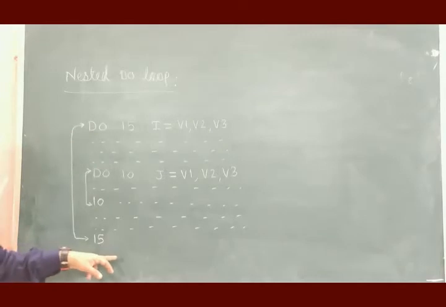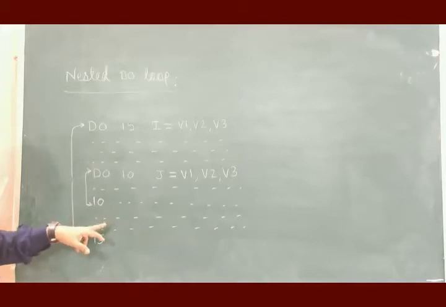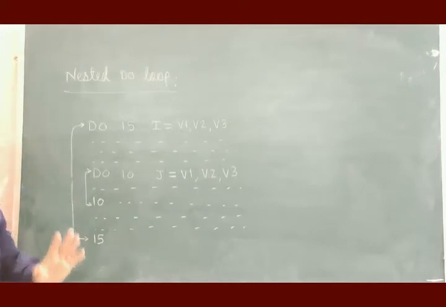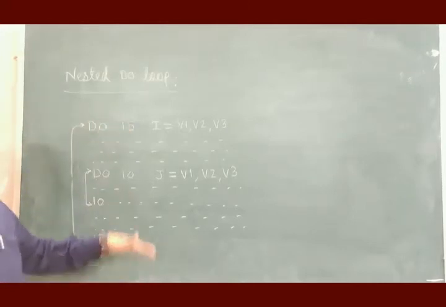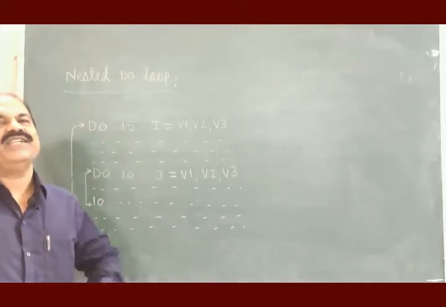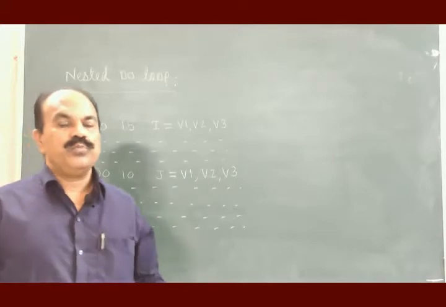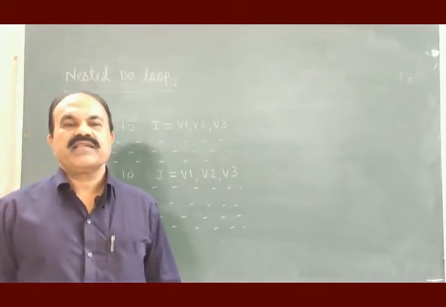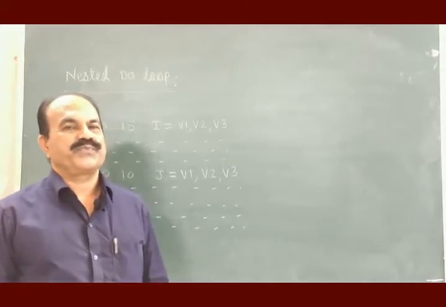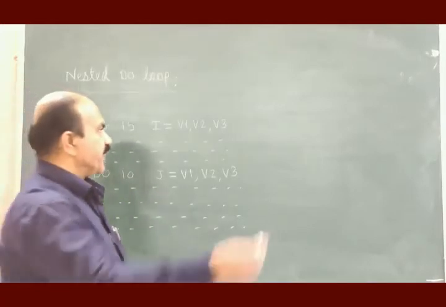This is outer do loop, this is inner do loop. And we find that inner do loop is completely inside the outer do loop, and therefore this structure of do loop is nested do loop. When we use nested do loop to perform certain tasks, certain rules are to be obeyed by the nested do loops. Let us go to the rules of nested do loops. First rule: